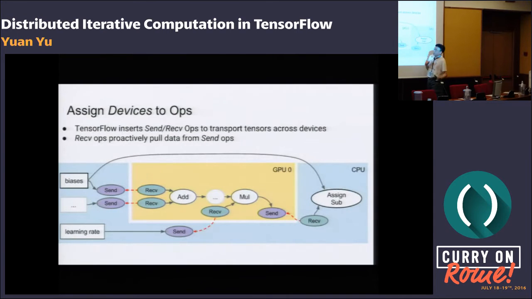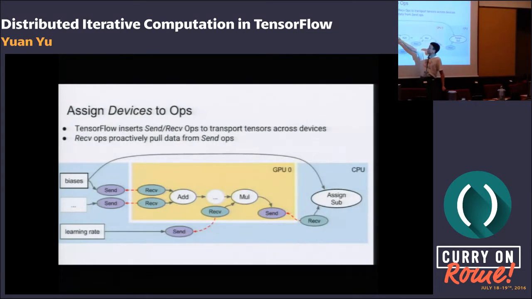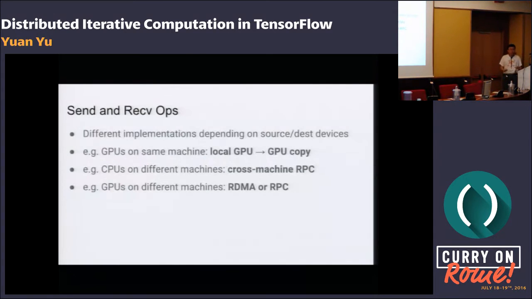So the system is going to automatically insert a pair of nodes for any cross-device edges: send and receive. In the current implementation, the receive is very proactive, trying to pull the data from the sender. This send and receive turned out to be a very nice abstraction that encapsulates all the communication of TensorFlow.